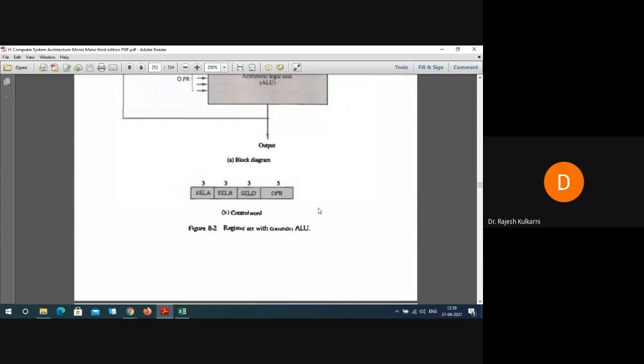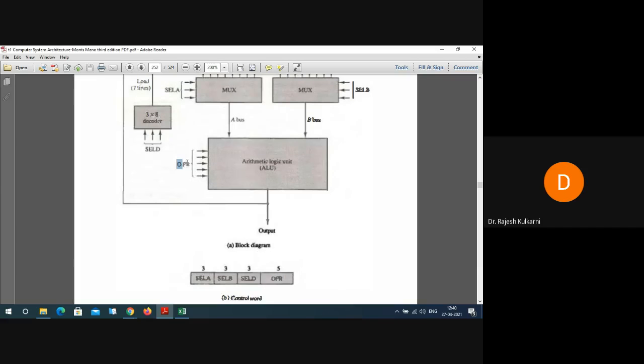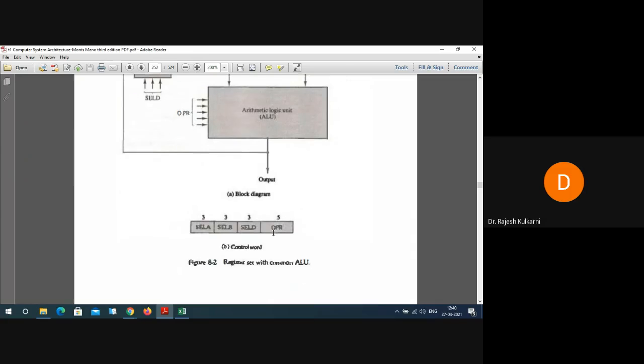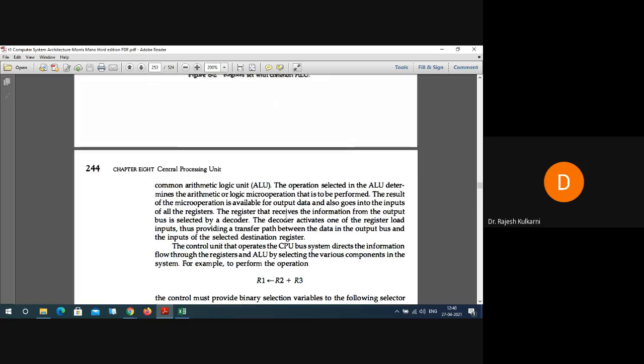Now this 14, let us look at each individual component. Let us go for this operation. Operation means which operation? Either it will be a mathematical operation or it will be a logical operation. Which operation is to be performed will be determined by how many bits? Tell me fast. How many bits for operation? 5. Okay. So the status of the 5 bits will indicate which operation will be performed.